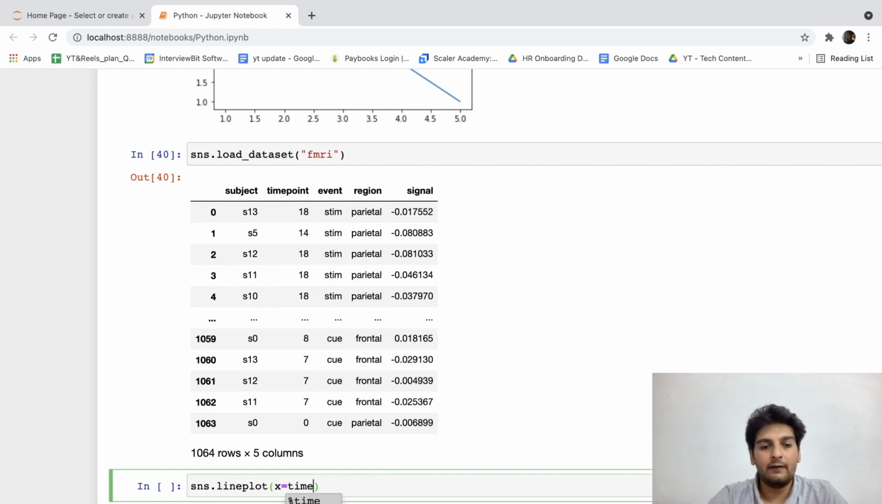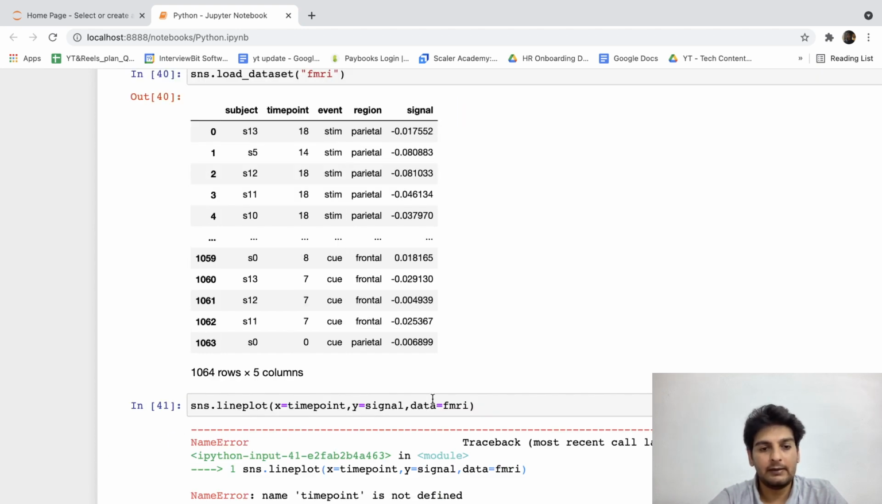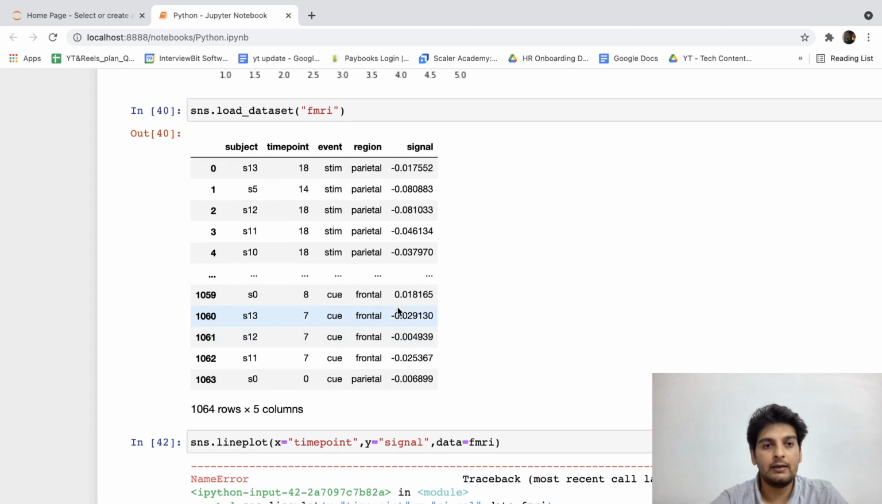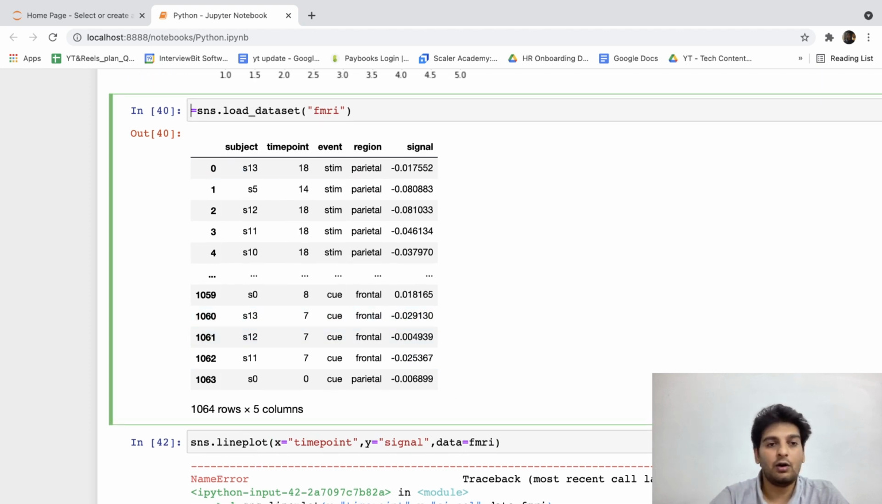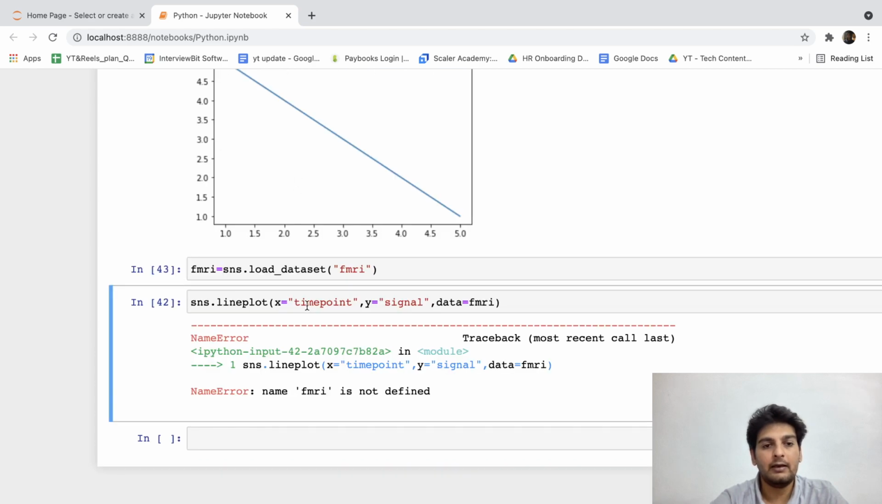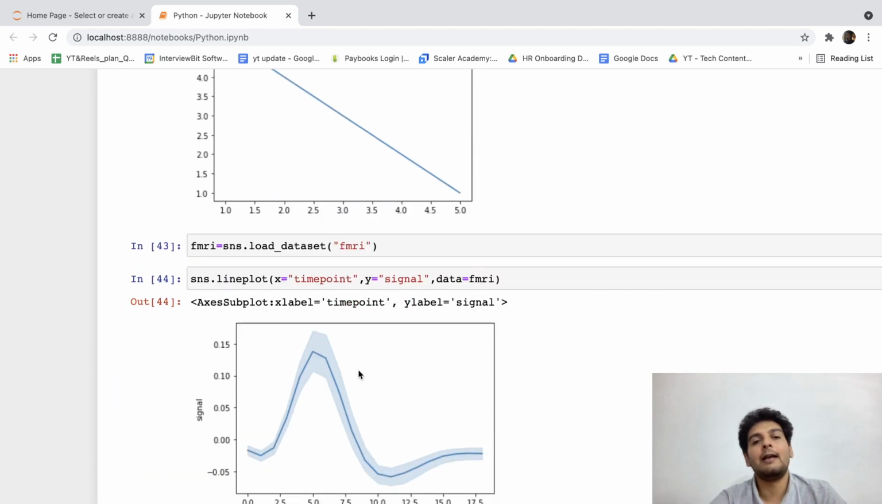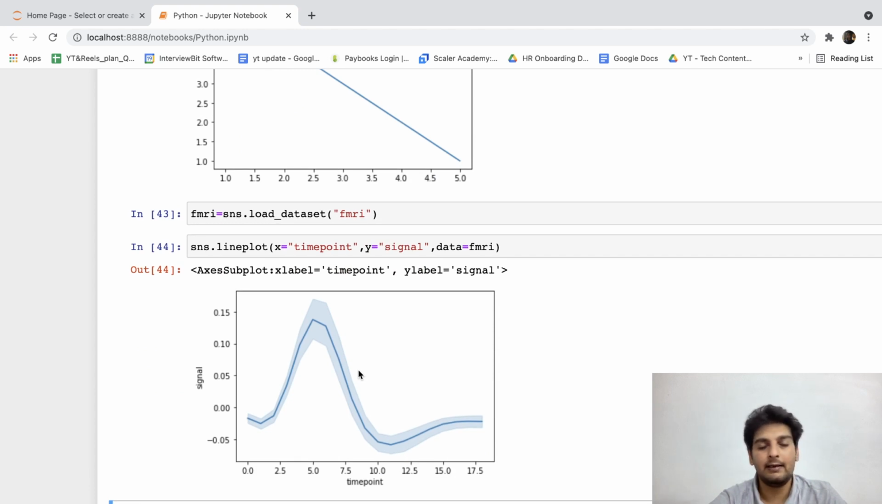X I shall have timepoint, and on y, let me just go ahead and map signal. And both of these are coming from this object called fmri. Now let me run this. Timepoint is not defined, so I'd have to put both of these column names inside double quotes over here. Now let me just go ahead and run this again. fmri is not defined, so I'd actually have to store this in a new object. So let me write down fmri. Now let me run this over here, and as you see, I have been able to successfully create this line